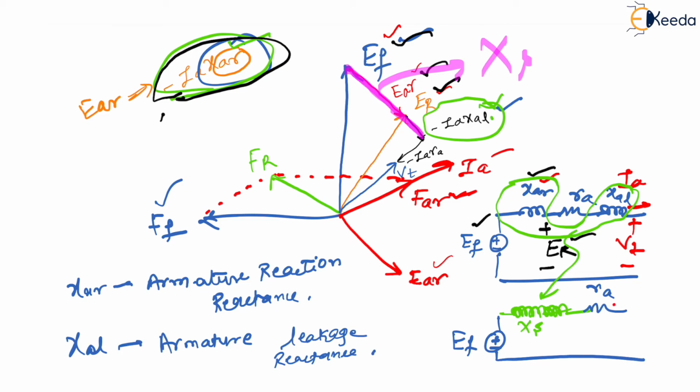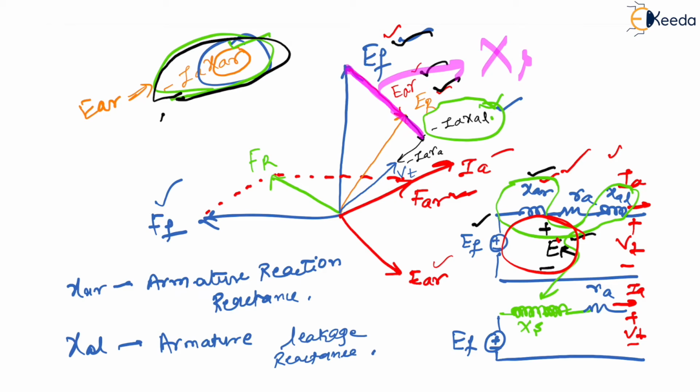And this is your IA, and this is going to be plus minus VT. Is that correct? Yes. Now, dear, you please see what has happened. The moment you combine this XAR and this XAL, ER gets vanished or not? Yes, because this ER is something which is between this XAR and XAL. But the moment I say that I have only access, it means what? I don't know personally what is my ER.